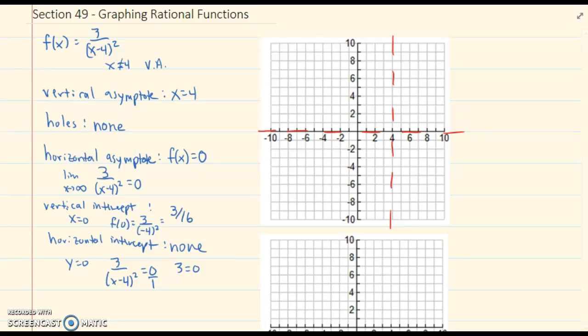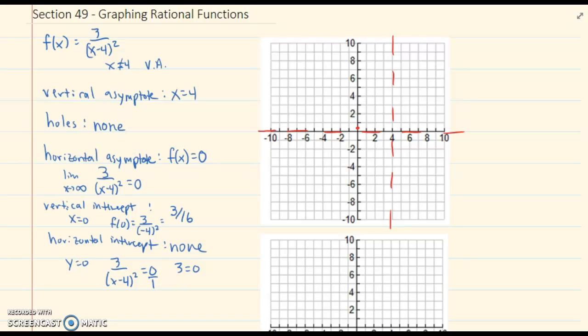My vertical intercept is at 3 over 16. So 3/16 is just slightly less than 1/4, so right around there or so. And it does not have a horizontal intercept. So it doesn't seem like I have much information here, but I actually have everything I need to graph except